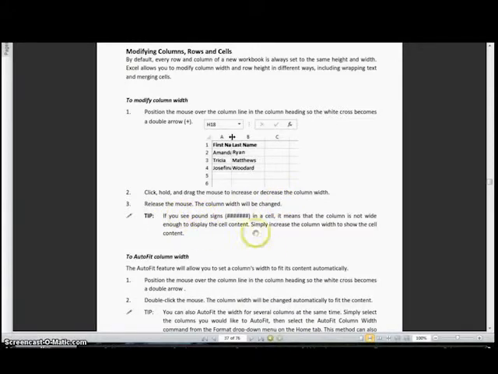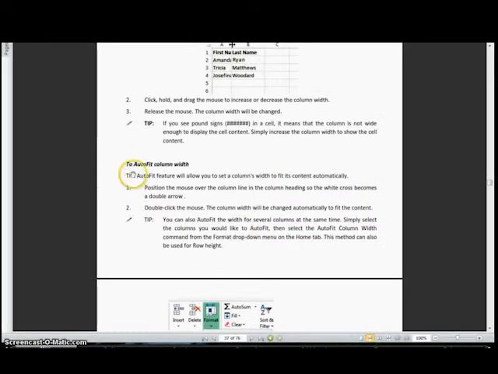However, if you see this hash sign or the pound sign, that means the information you put there is not wide enough to display the cell content. That is something very, very common in Excel. You can also go to auto-fit column width. The auto-fit feature will allow you to select the column's width to fit its content automatically. What you will do is position the mouse over the column line in the column heading so that the